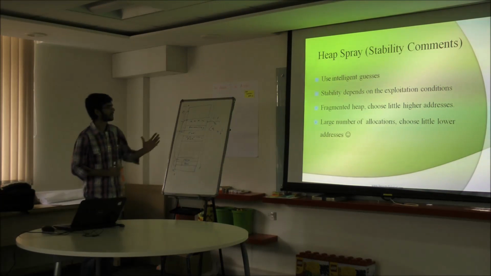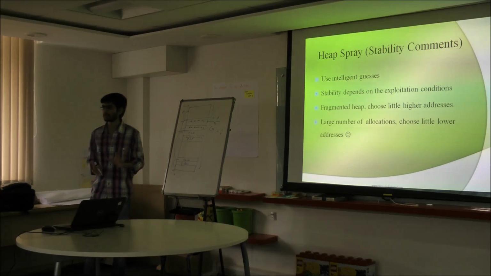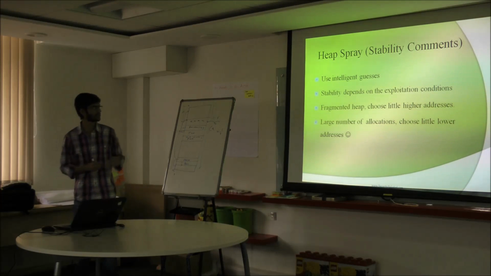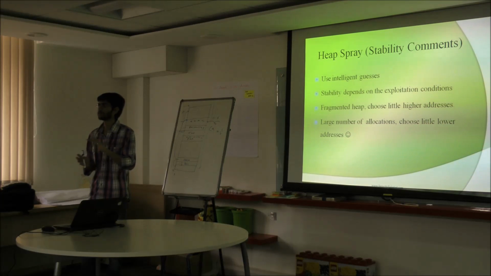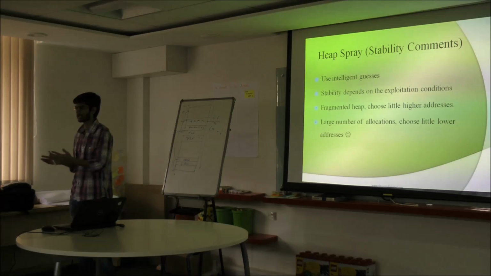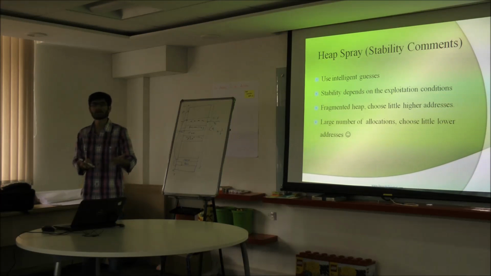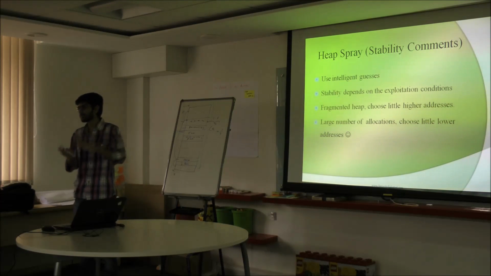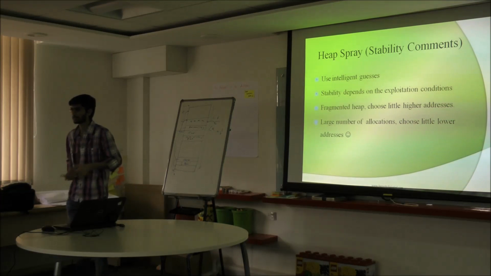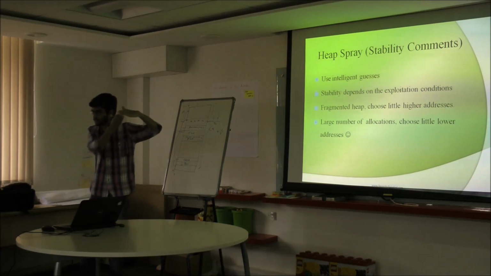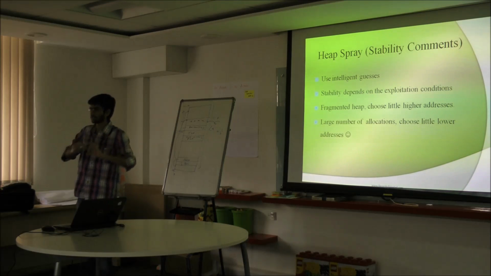So the fragmented heap. What is the meaning of a fragmented heap? Just note it down, because it's a large term. It's basically when you are using, let's say, Internet Explorer, and you are opening 10 to 20 tabs, and your Internet Explorer is running for, let's say, 1 or 2 hours. Then it may have allocated and deallocated lots of memory chunks, and then you may not see the sequence of these things. So somewhere allocation, somewhere deallocation, somewhere allocation.